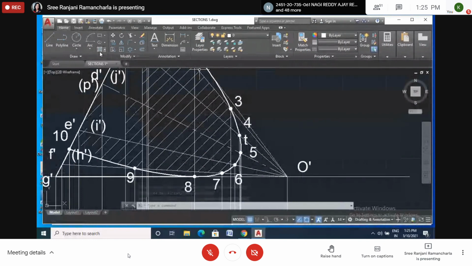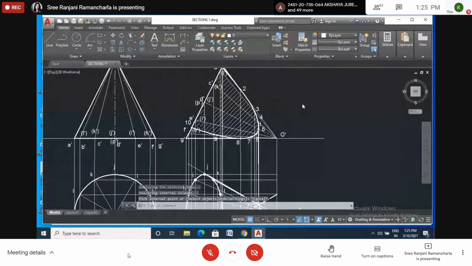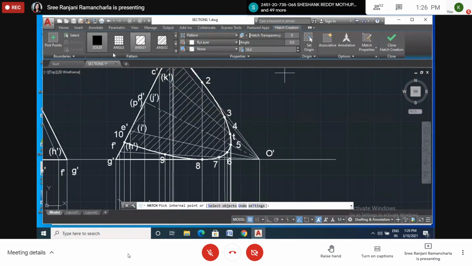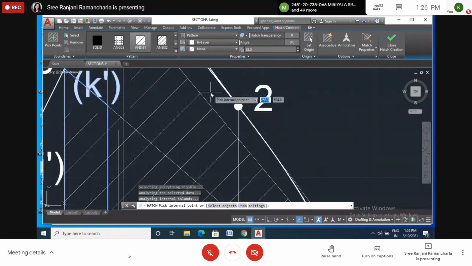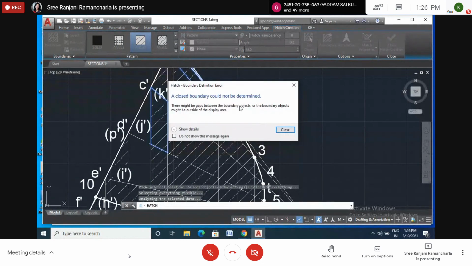Now what about this side? There might be a gap between the boundary objects, or the boundary objects might be outside of the display area.